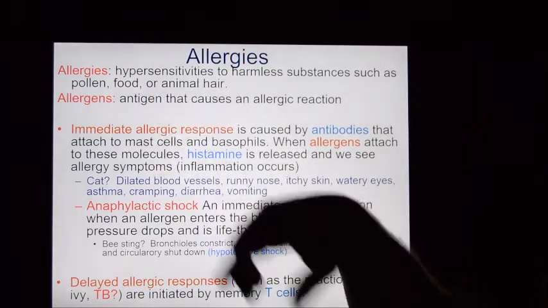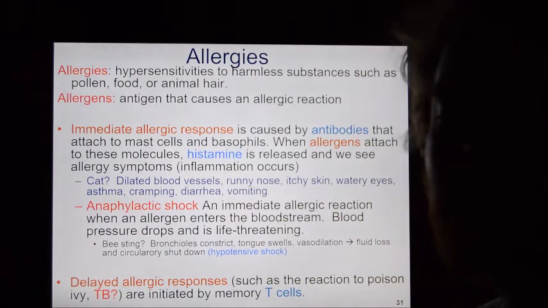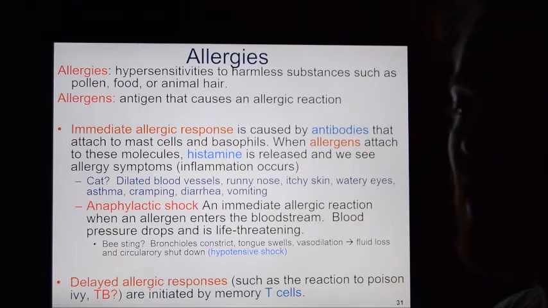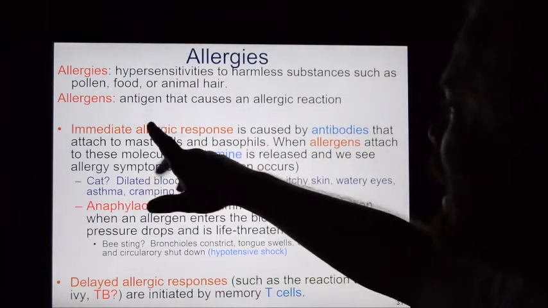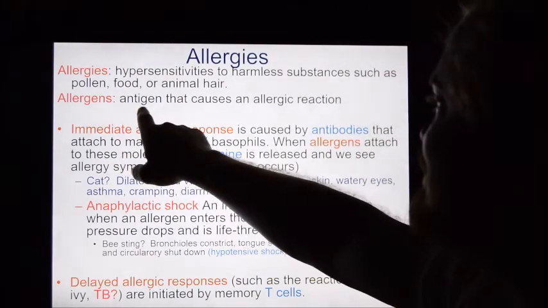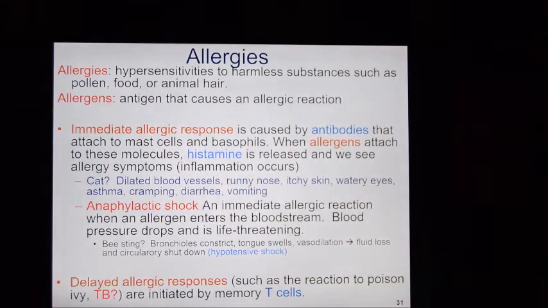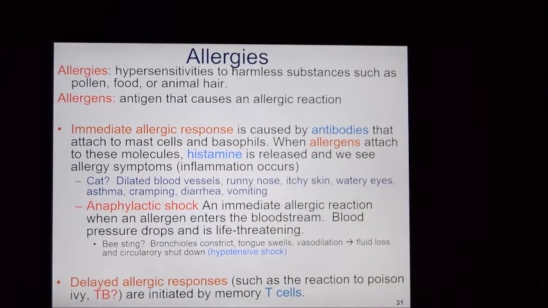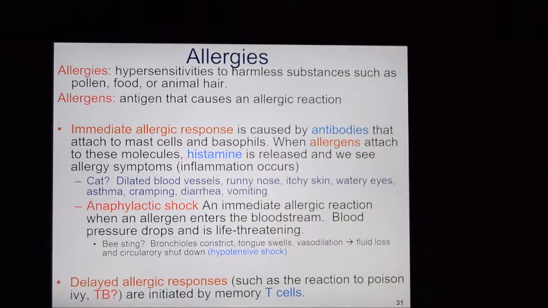Pollen, food, animal hair, what have you. Breathing in pollen from a plant should not hurt you. It should have no effect. But some of us have major problems as a result of this. That's an allergy. What will happen is these allergens present antigens that cause a reaction. Now, this kind of goes into two formats. There are what we call immediate allergic responses and delayed allergic responses. An immediate allergic response is going to be where there's an